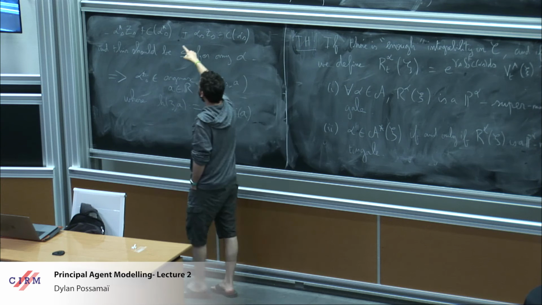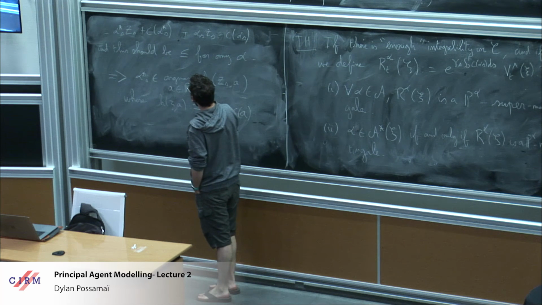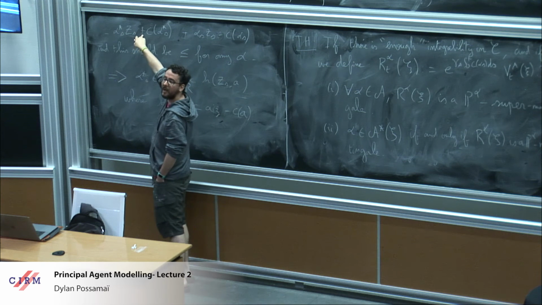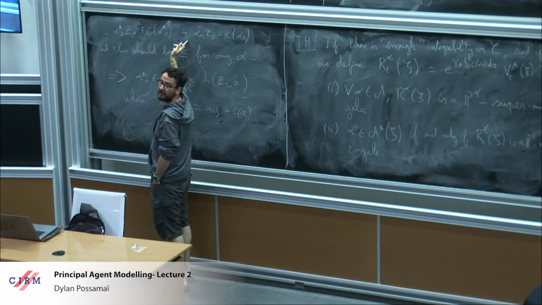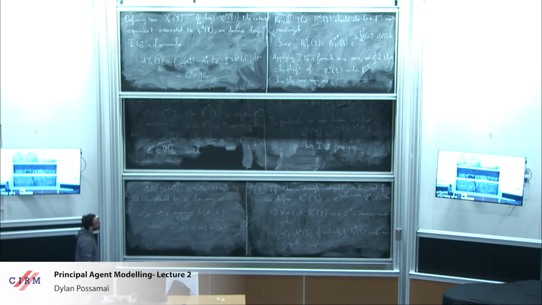What I'm telling you here is that this function h, evaluated at alpha star, should dominate the same function h, evaluated at alpha, for any alpha. And this should be in principle true dt times dP almost everywhere,